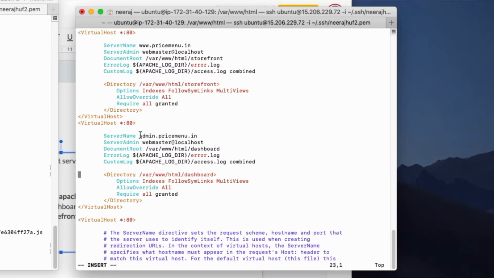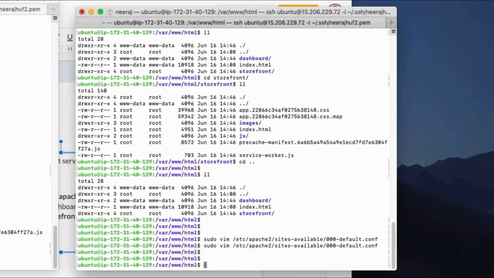Now for the admin panel, I have set up admin.pricemenu.in to dashboard. Also, the same permission I have given. So what I will do is, I will restart my Apache.